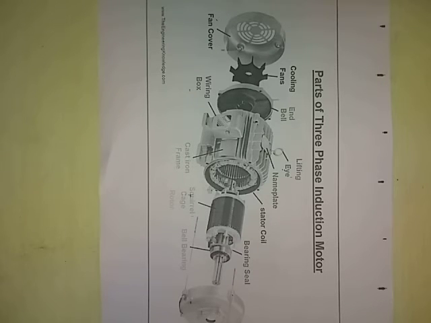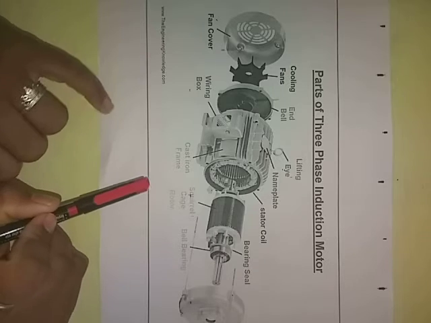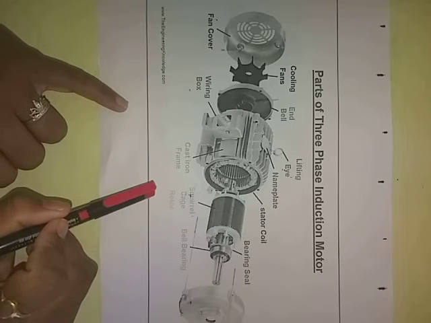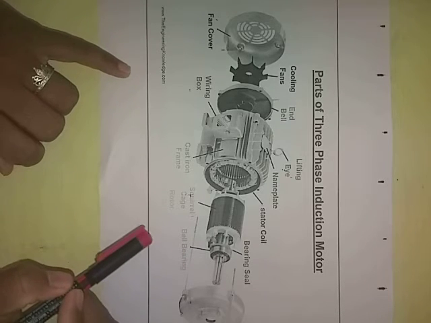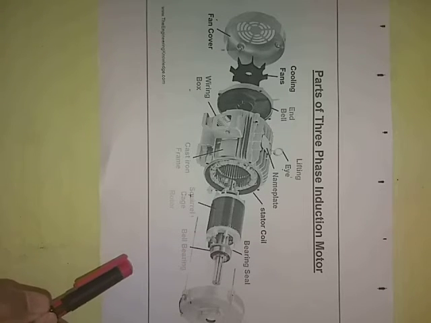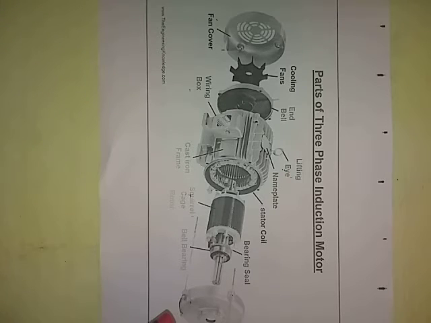Today we will see about the construction of three-phase induction motor from the first chapter. So let us see firstly the internal construction diagram of the three-phase induction motor. We know that the three-phase induction motor has mainly the stator frame, or mainly the stator, and the rotor. These are two windings. So first one is the stator and second one is the rotor.